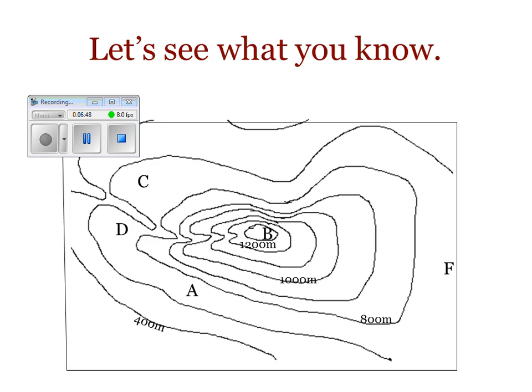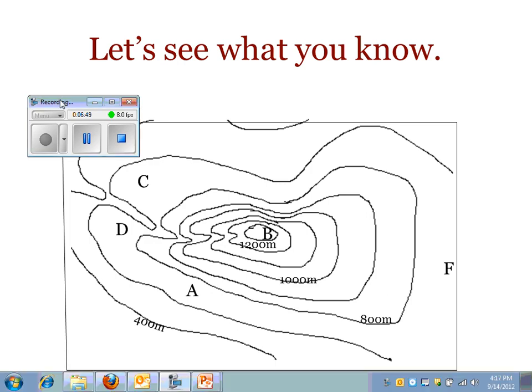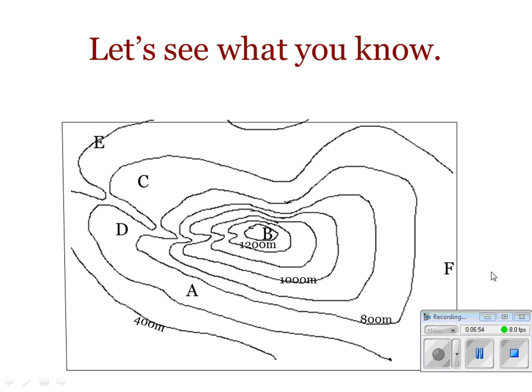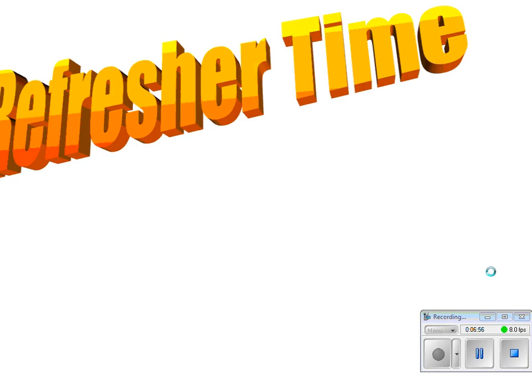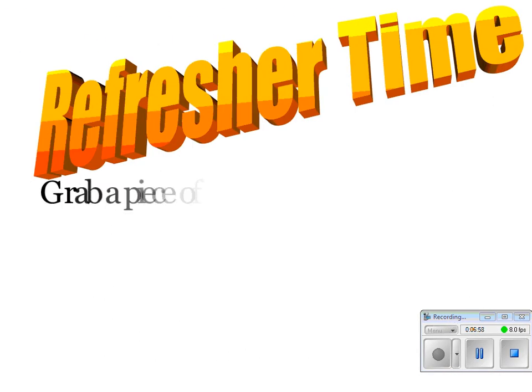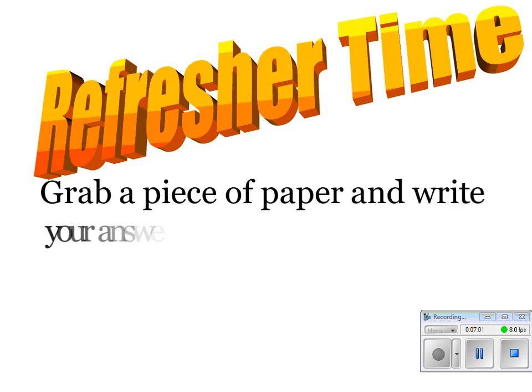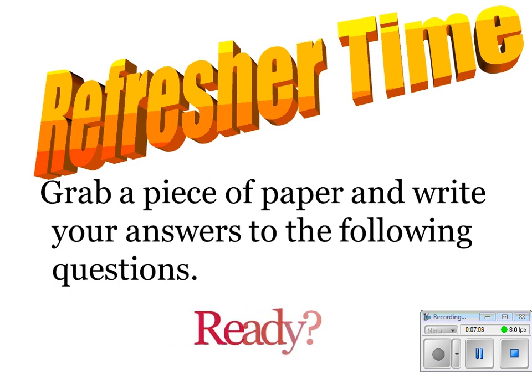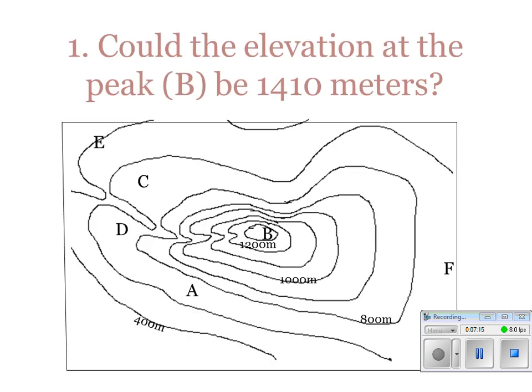Hopefully you've got it. We're going to go through 6 different questions. And this is where you need your scratch sheet of paper. So it's 6 different questions. Write your answers down on your scrap sheet of paper, and then I'll go through the answers with you. Hopefully you're ready. Number 1, could the elevation at peak B be